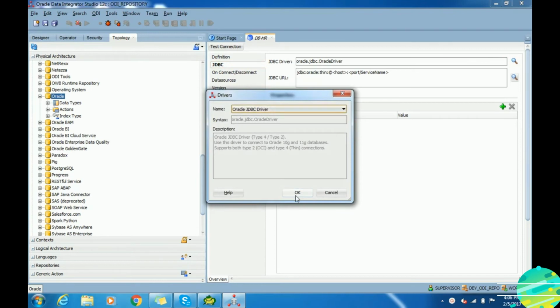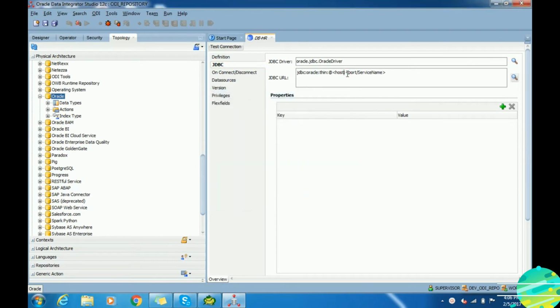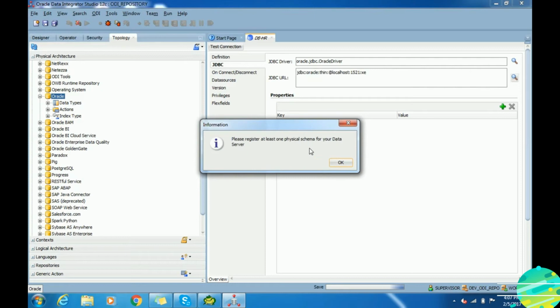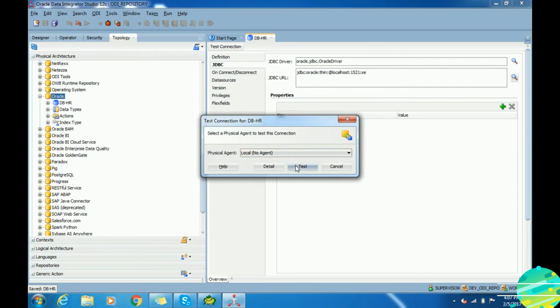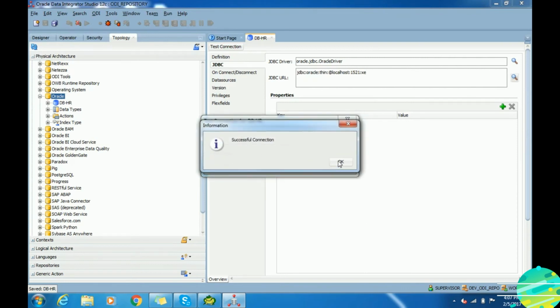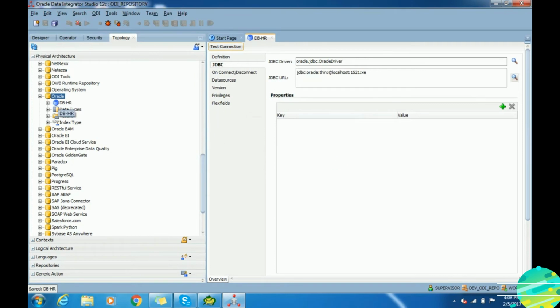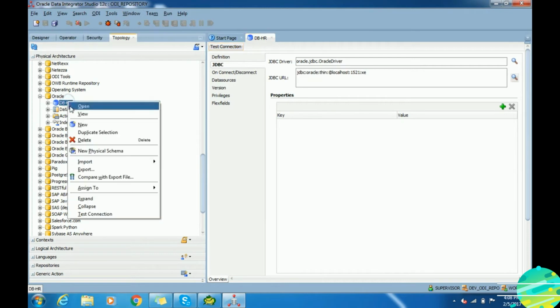and here I am going to provide the JDBC details. ODI always connects through JDBC for databases. In this case, it's a local host. My Oracle trial database is stored on my laptop, so I am providing the details of that local host, and ODI will connect using JDBC. Click on test connection, test successful. That means all the details were provided correctly, and Oracle Data Integrator is able to connect to the target database.